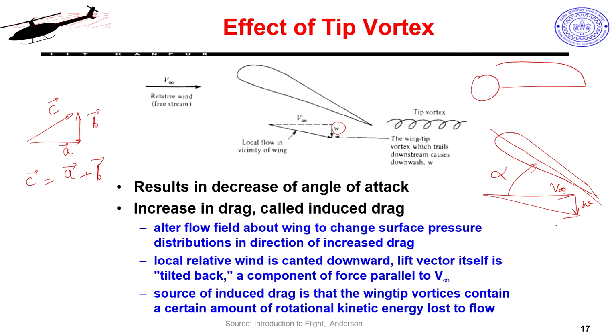So, now I have a new resultant, this v, which is a combination of these two things, but importantly what it is doing is that it is decreasing my angle of attack by this small angle, right, because it is flat, but now, because of this w, it is coming about some angle like that. So, you see now this is my new reduced angle of attack. So, exactly at the tip, this angle of attack will go to 0 basically, but everywhere else it will have some small finite effect, and this effect is larger closer to the tip.